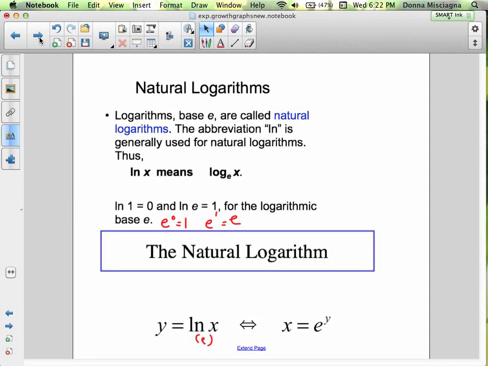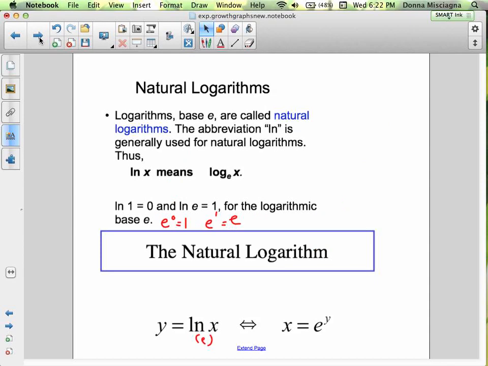So we have the natural logarithm. Why do you think it's called the natural logarithm? Well, let's think about what E is. E is the base of all continually growing systems in the natural world. So that's why a log where E is the base is called the natural logarithm. And because in a lot of languages that aren't English the adjective comes after the noun,